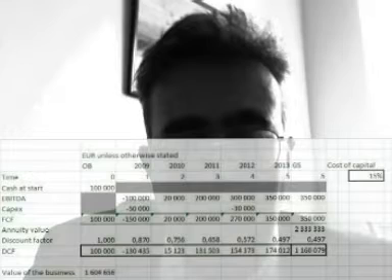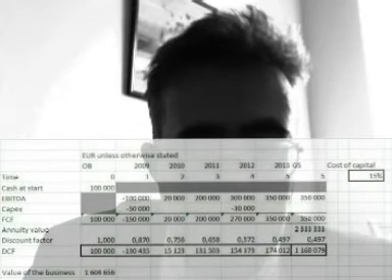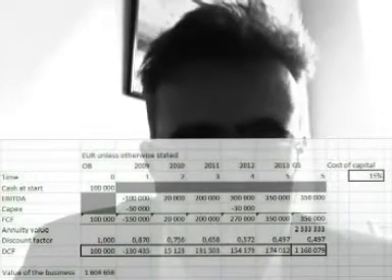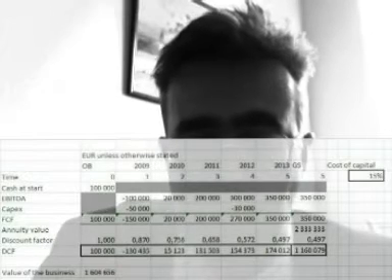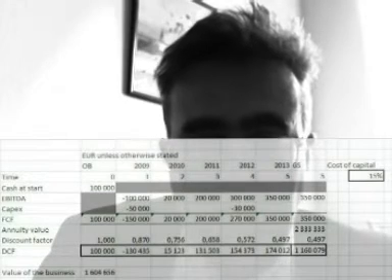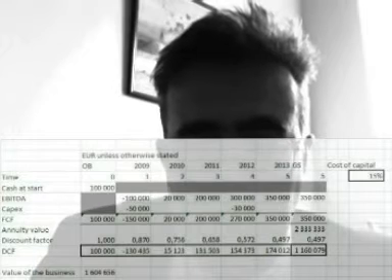So we take it forward, and it's the same discount factor as for 2013, because we're talking about the end of 2013. So for this figure here, we go equals the annuity value times the